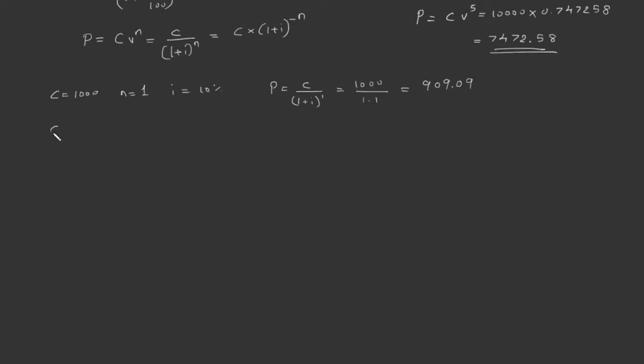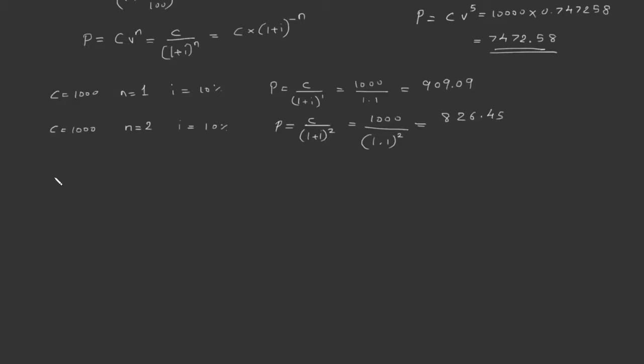What is the present value of rupees 1000 for n is equal to 2 and i is equal to 10%? I know the equation: P is equal to C by (1 plus i) the whole square, is equal to 1000 divided by 1.1 square,